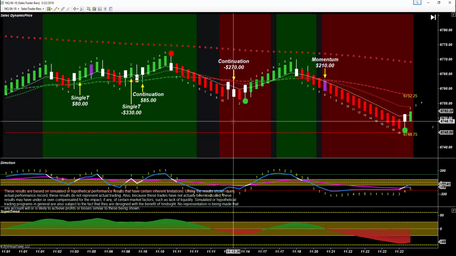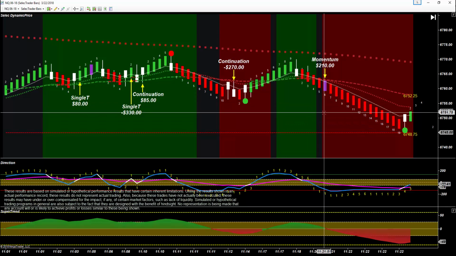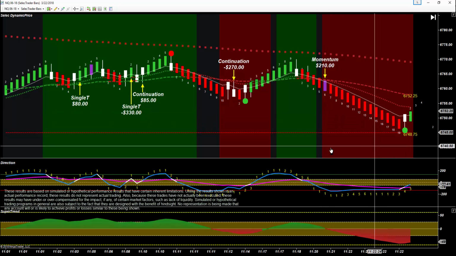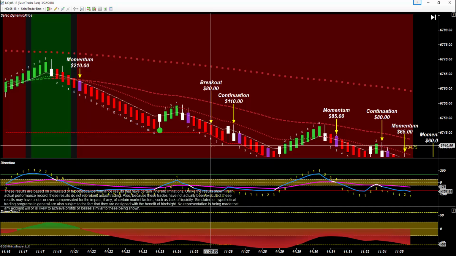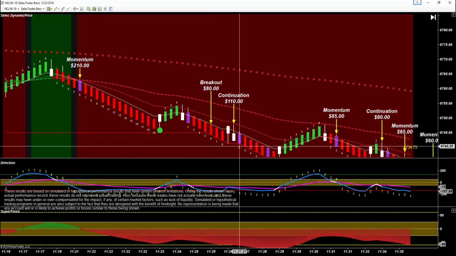And the markets can tend to whipsaw a bit when they're moving very rapidly, as they were today. We have a momentum short that lets us take part of the majority of this run, followed by a breakout right here on bar 6 at 11:25, just hitting profit target. A continuation short,